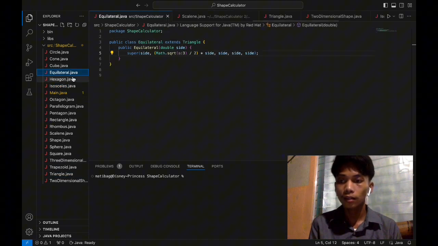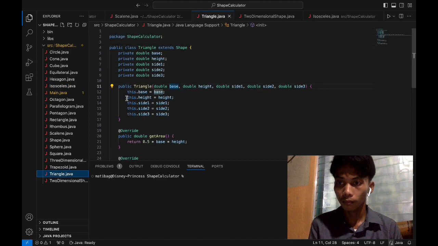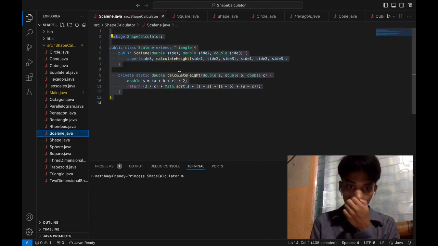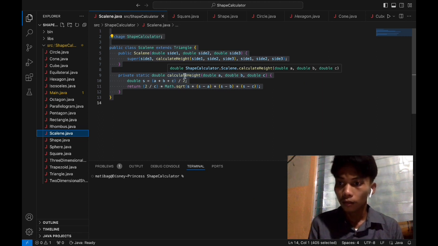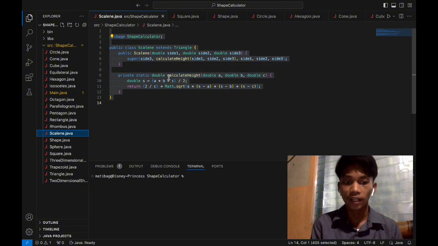In the scalene, the calculateHeight method is a private static method, meaning it belongs only to the class rather than any instance of the class and cannot be accessed from outside of the class.